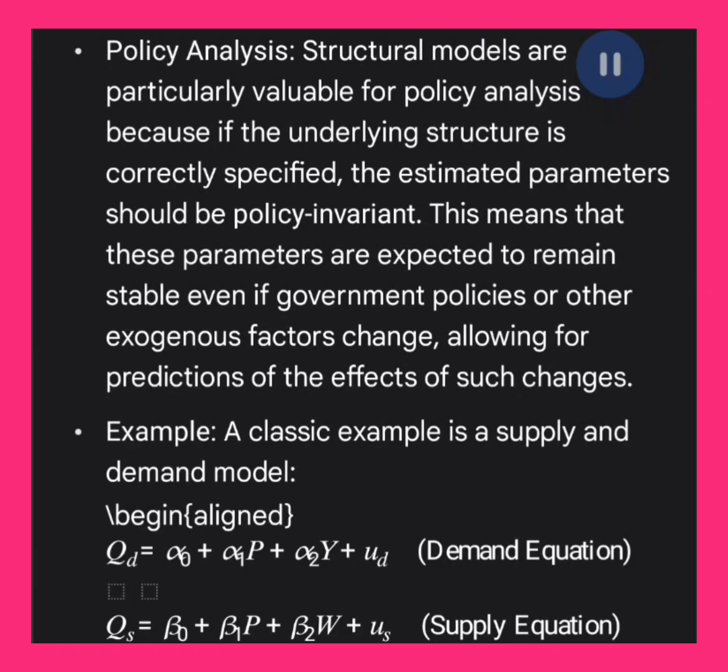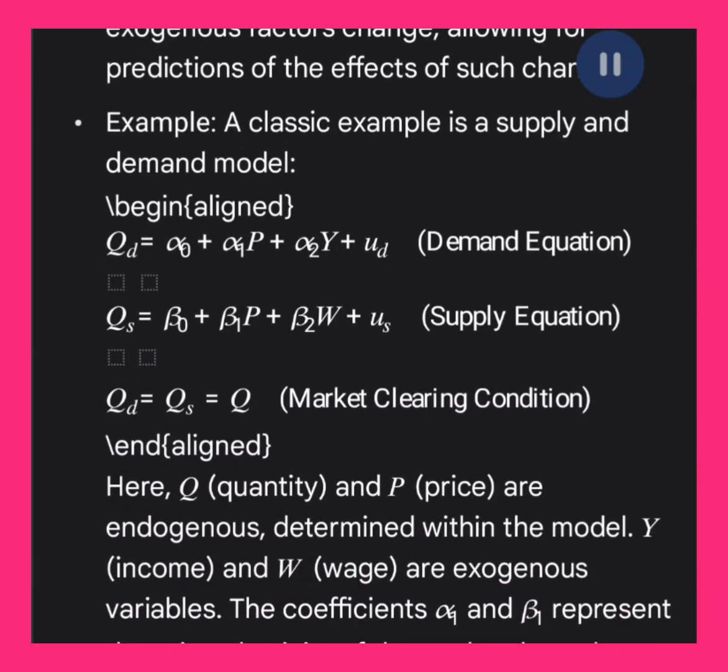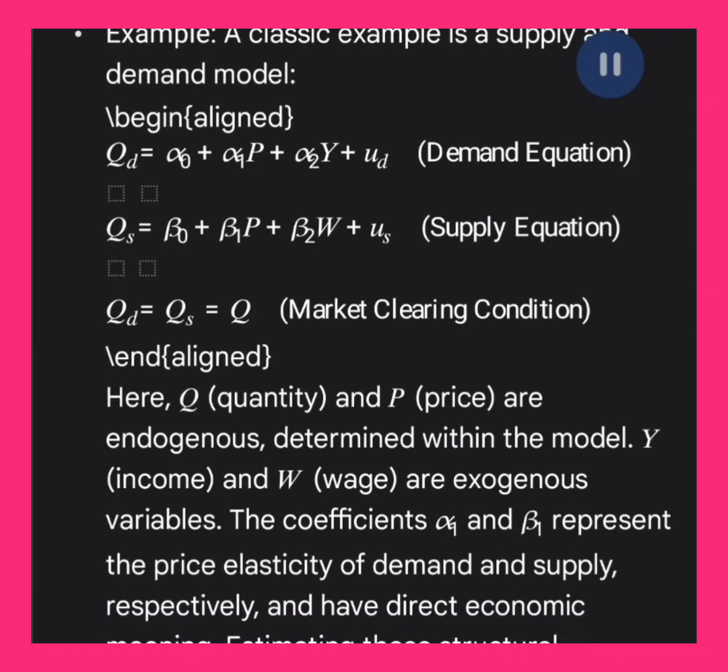estimated parameters should be policy invariant. This means that these parameters are expected to remain stable even if government policies or other exogenous factors change, allowing for predictions of the effects of such changes. Example. A classic example is a supply and demand model,